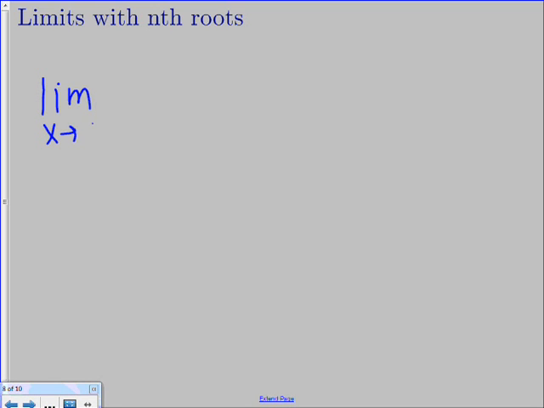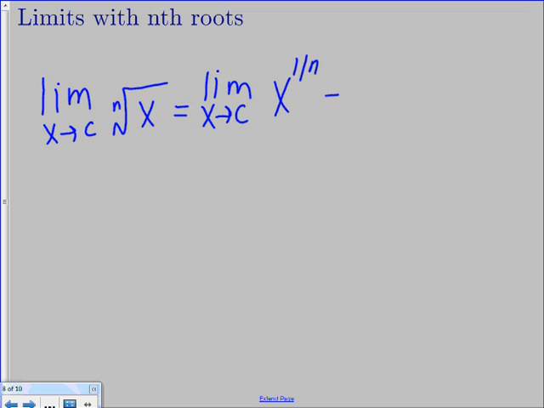x approaching c with an nth root of x, which, just as a review, you can rewrite as the limit as x approaches c for x to the 1 over n power. So rewriting that nth root as a fractional exponent. And so, just like before where we've been plugging in c, the answer is going to be equal to c to the 1 over n